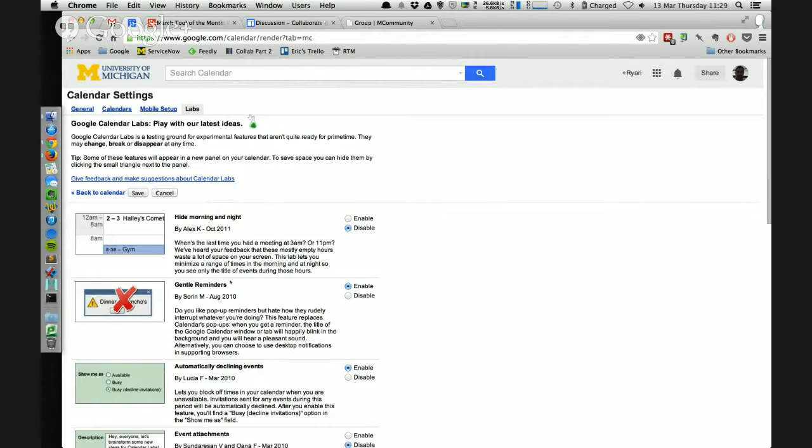If you're typing at that moment and you happen to hit enter, what you'll get is a flash. You'll hit enter and it'll go away. Or you'll just be typing along and not notice that you're not in Word anymore. You're actually looking at your Google Calendar, which is super annoying. What Gentle Reminders does is it allows you to have, I don't actually know what the official word is, pop-up reminders that do not steal focus.